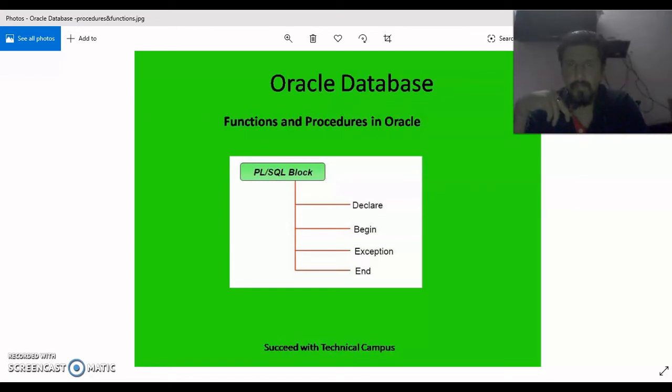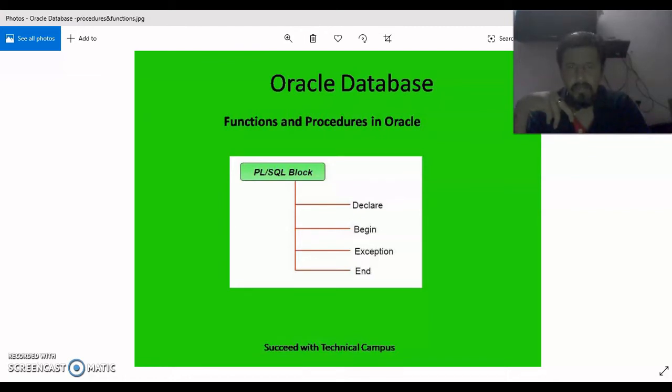They will be called when an Oracle internal error occurs, so that those exceptions can be handled by suppressing the Oracle message with your own message. That can be done in the exception section. Then the end means the block will end. So these four sections you have to take care of.